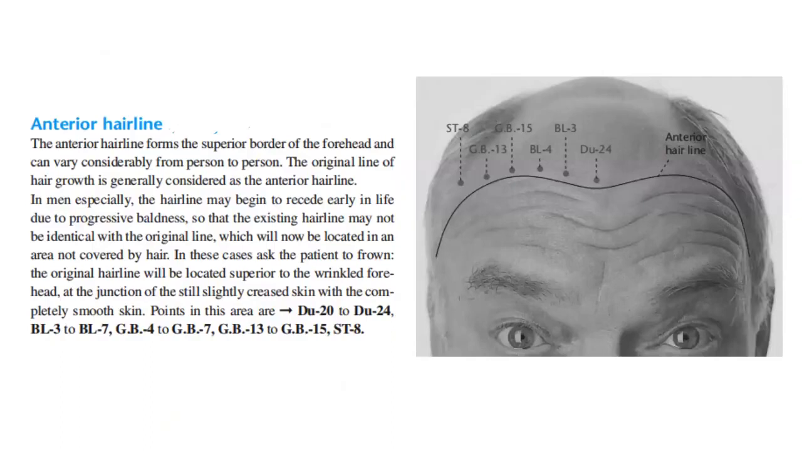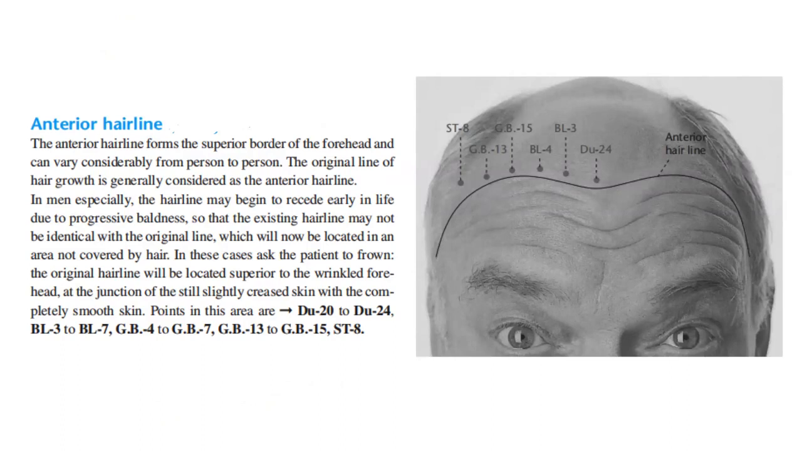Now let's talk about the anterior hairline. The anterior hairline forms the superior border of the forehead and can vary considerably from person to person. The original line of hair growth is generally considered as the anterior hairline. In men, especially, the hairline may begin to recede early in life due to progressive baldness, so that the existing hairline may not be identical with the original line, which will now be located in an area not covered by